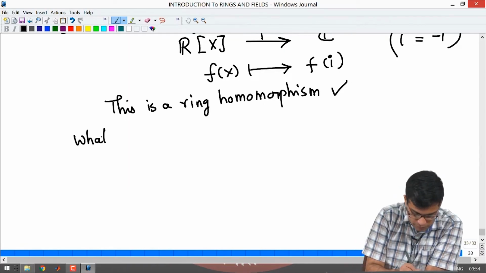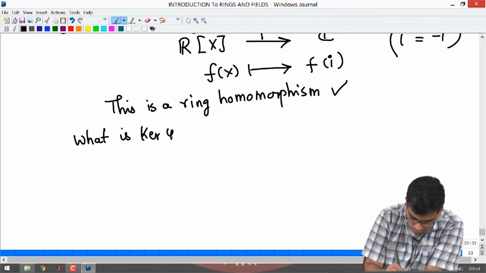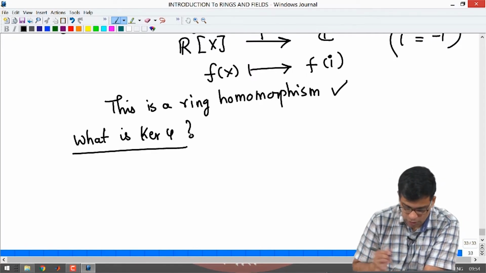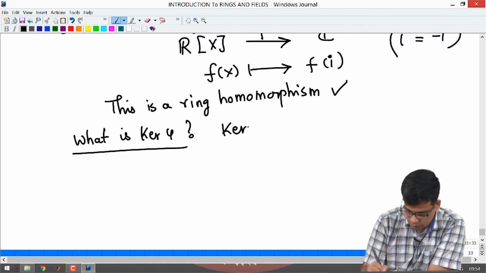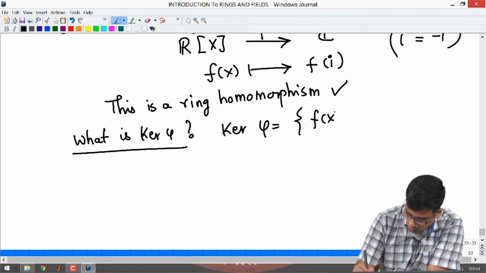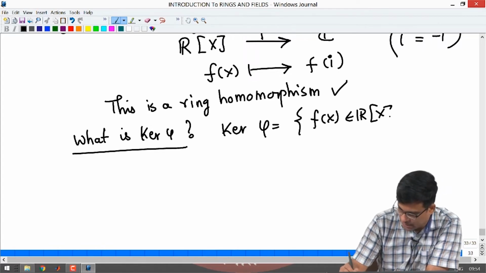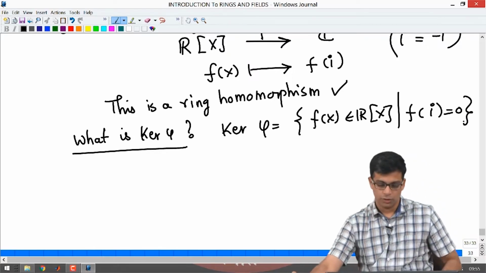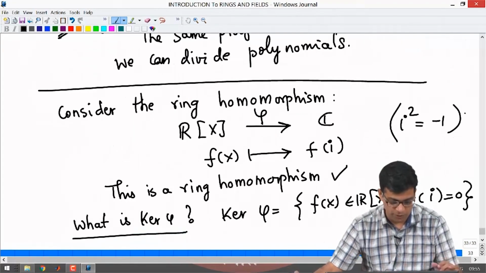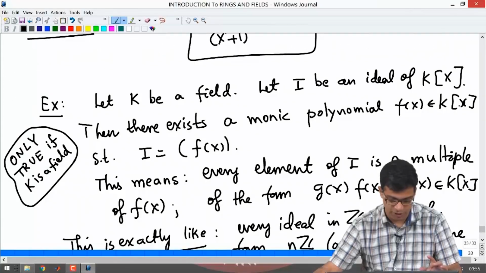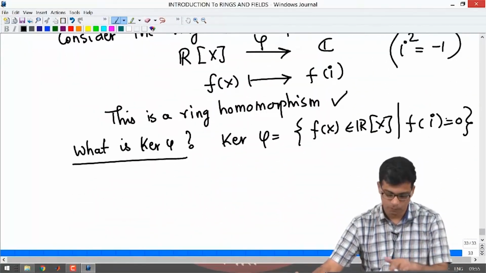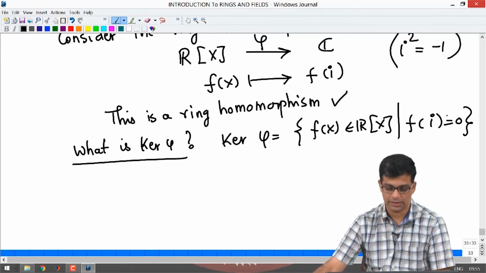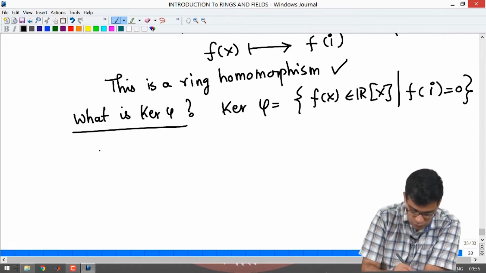What is the kernel of this? What is the kernel of phi? That is the question. The kernel of phi is all elements in the polynomial ring R[x], that is, f(x) in R[x] such that f(i) is 0. Okay. So, now I know a few things. Because of the exercise that I mentioned here, every ideal in the polynomial ring R[x] is generated by a single element. So, by the exercise above,